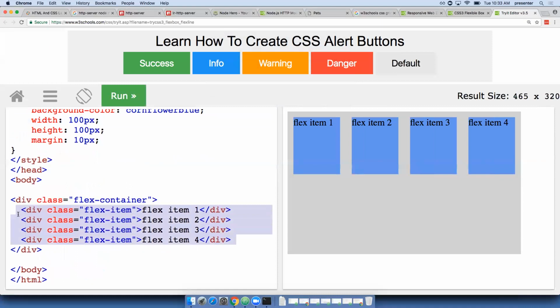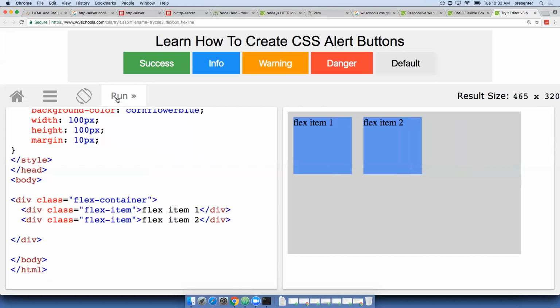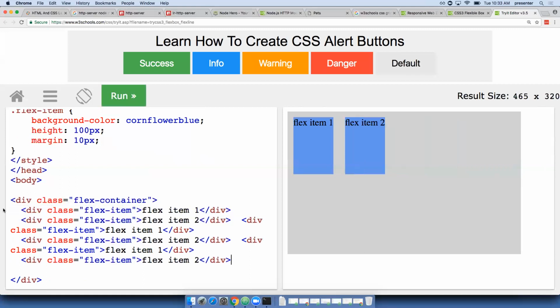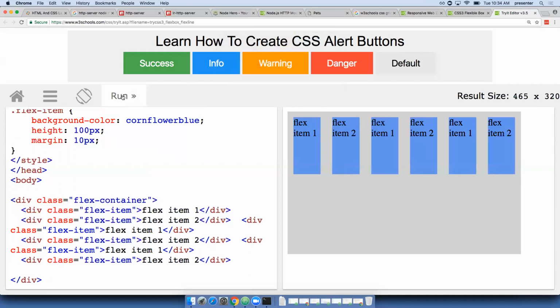So what if I do this? Maybe that width is acting as a maximum width. Yeah, and if I don't give it a width at all, that's interesting. That's not what I expected. What if,